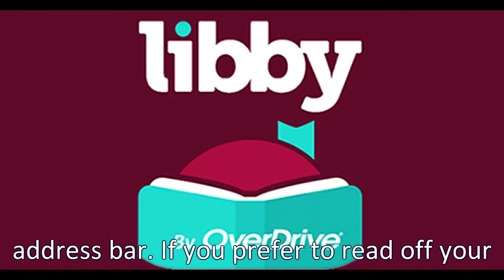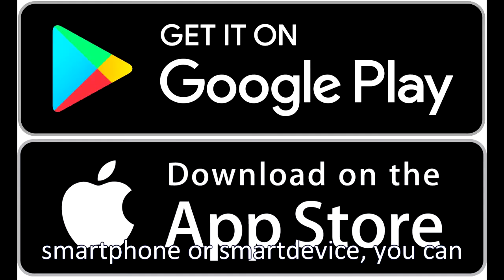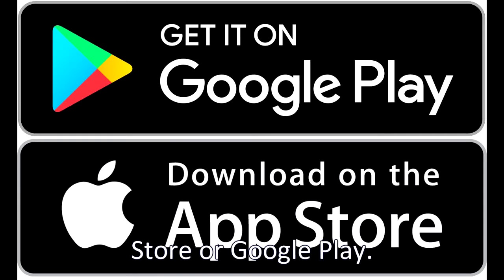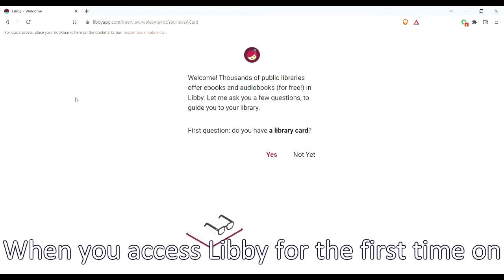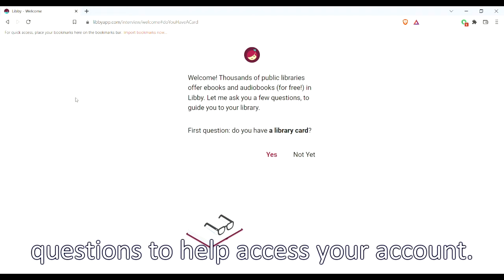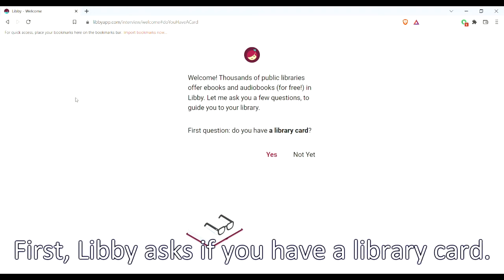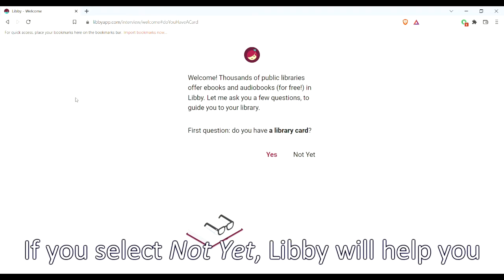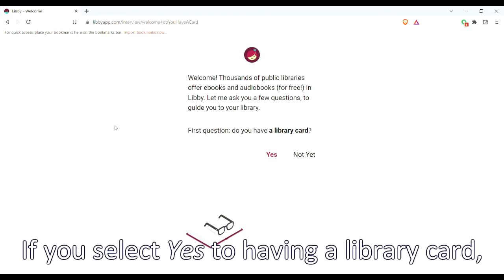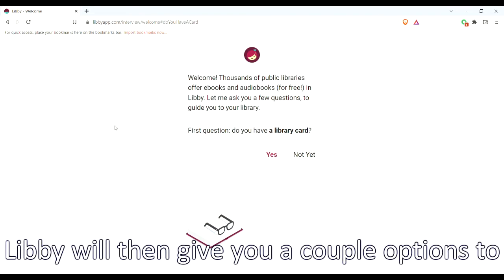If you prefer to read off your smartphone or smart device, you can download the Libby app through the App Store or Google Play. When you access Libby for the first time on a new browser or app, you will answer questions to help access your account. First, Libby asks if you have a library card. If you select Not Yet, Libby will help you search for our library to register for a card. If you select Yes to having a library card, Libby will then give you a couple options to find your